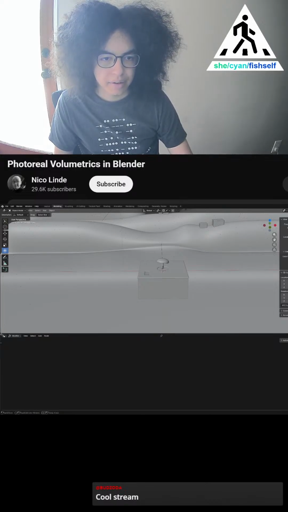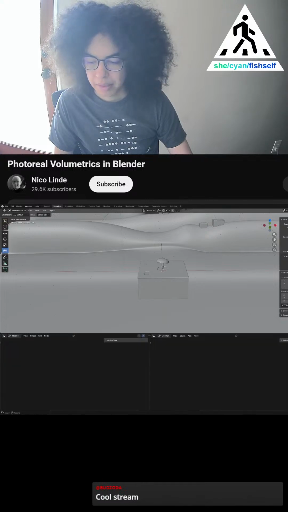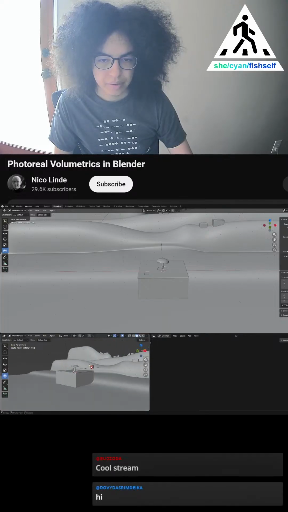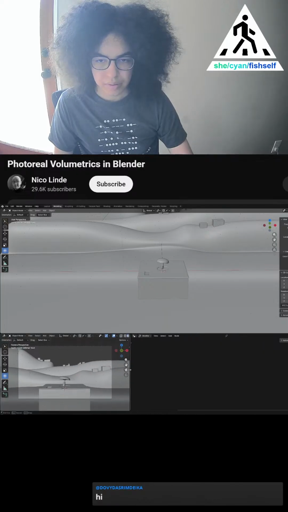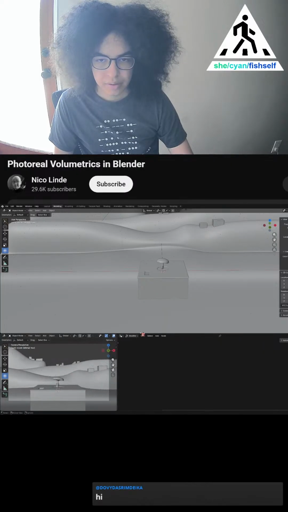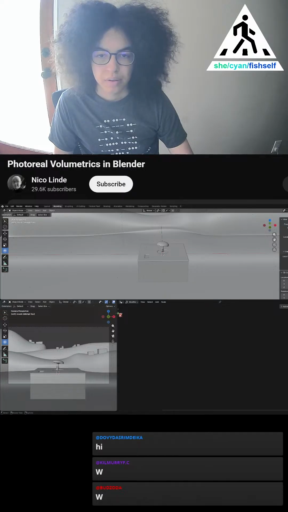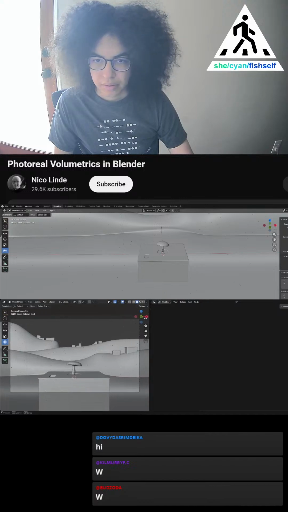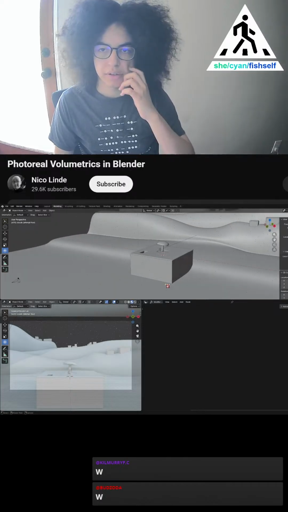How do we add like another... Make this 3D viewport. So yeah,